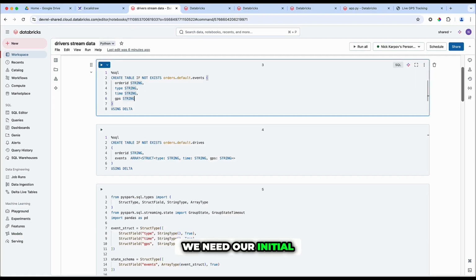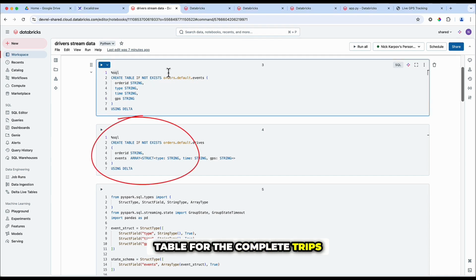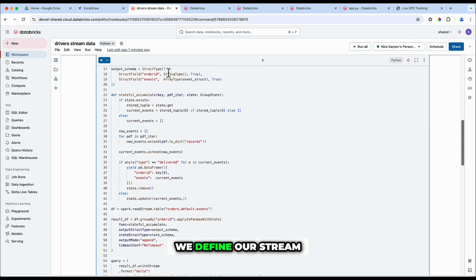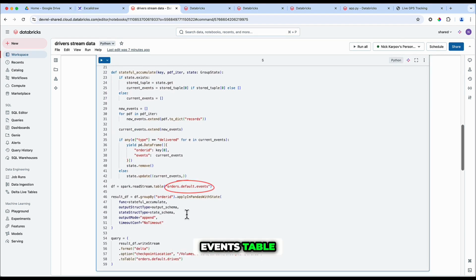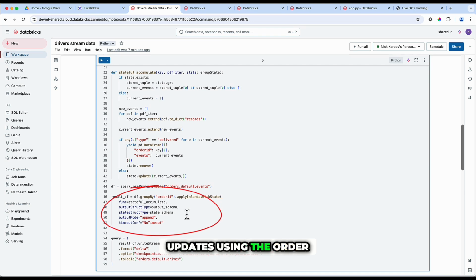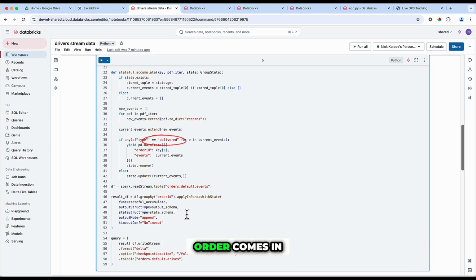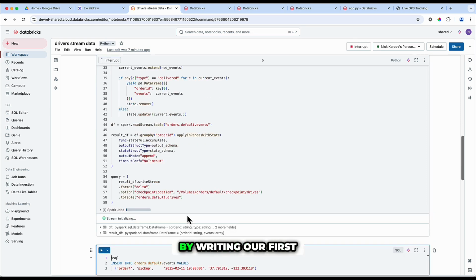First, we need our initial landing table for the events produced by the drivers and the final table for the complete trips. This is a proof of concept, so we're ignoring things like types for simplicity. Second, we define our stream to read from the events table, aggregate the trip status updates using the order ID key, and flush the complete trip records to the final drives table, only when the delivery event for a given order comes in. Let's kick this off by writing our first event to the event table, simulating a pickup event